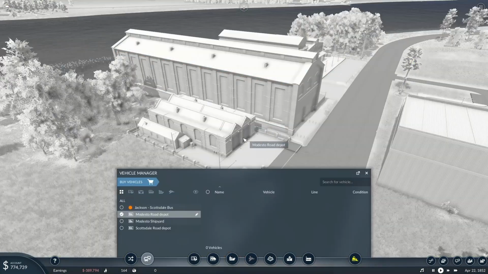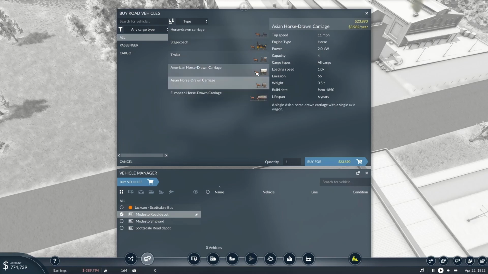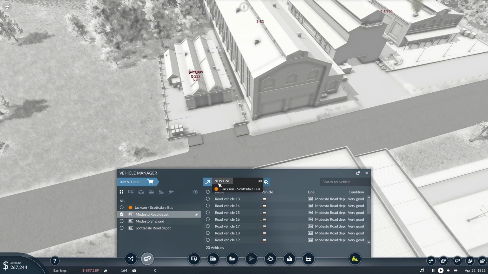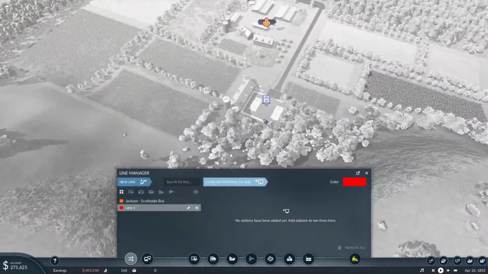There we go. Now that we have our road depot placed, we can begin to buy some vehicles. I think all these starting ones are pretty much the same, so let's start with the American horse-drawn carriage. And because we need 2 grain to produce 1 food, we are going to get a good amount of horses running on this line. So we'll make a new one coming from the farm here